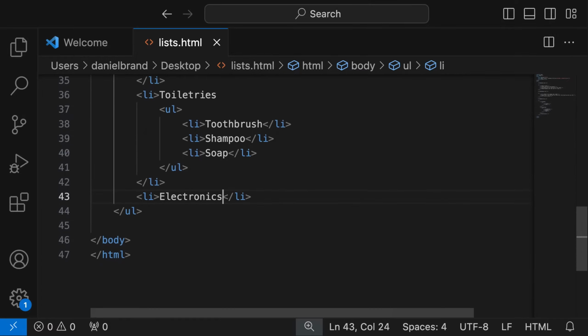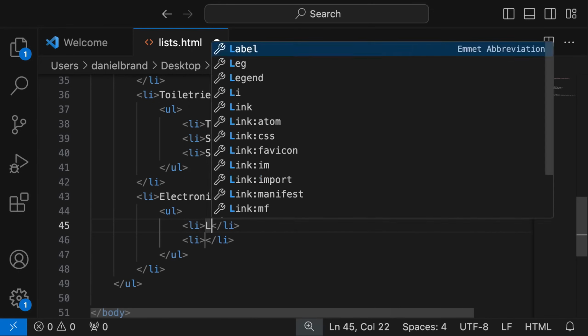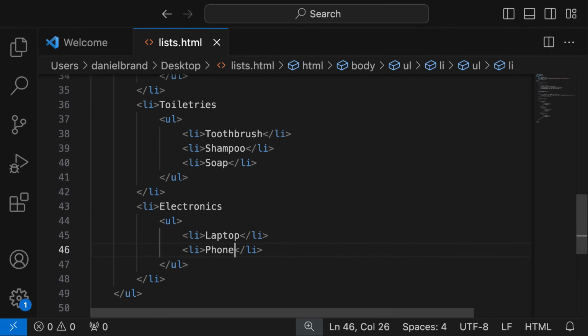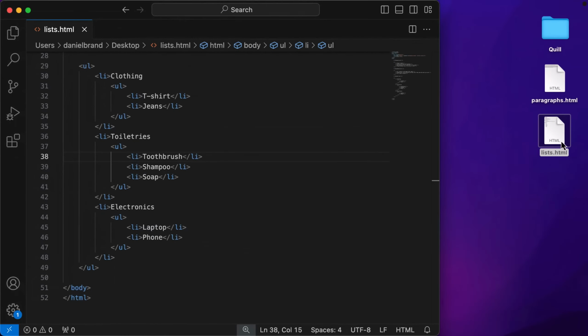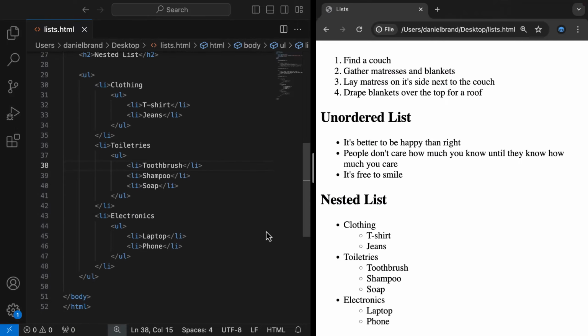And for the category electronics, again, I hit enter at the start of the closing list tag. I grab the unordered list, and I'm just going to add 2 different items here, a laptop and a phone. So let's check this out in the browser. So here you can see our nested list. The first level of the list has the different categories of clothing, toiletries, and electronics. And note the style of the bullet is a solid black fill. And in each category, you can see the nested list items. And note that it's automatically indented, and it has a different style bullet, with no fill and a light black